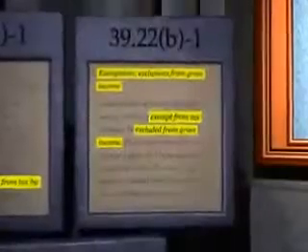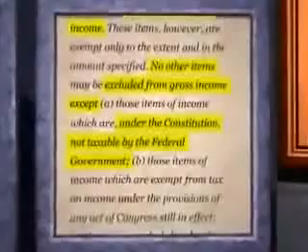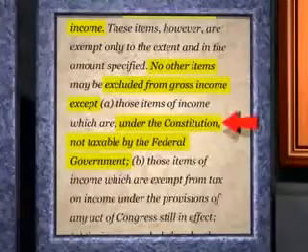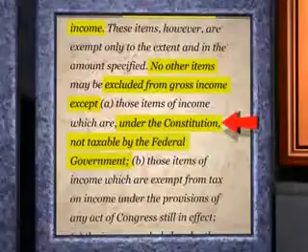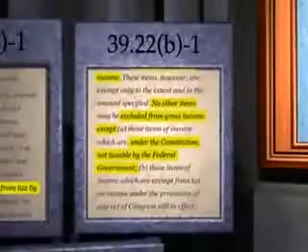They said that certain types of income were exempted by statute, and went on to say that no other items are exempt from gross income except those items of income which are, under the Constitution, not taxable by the federal government. This was a clear admission that some income not specifically exempted by any statute was nonetheless exempted from taxation